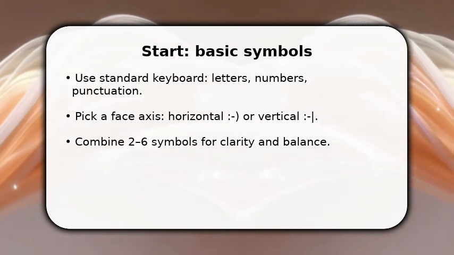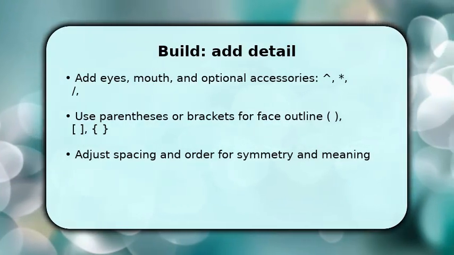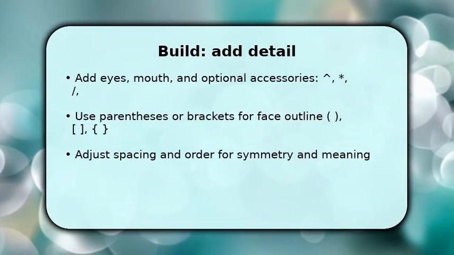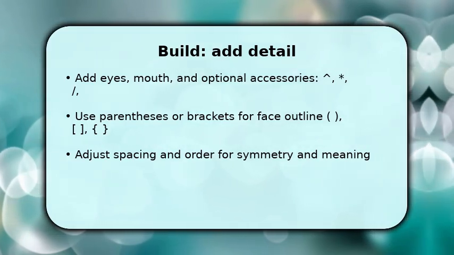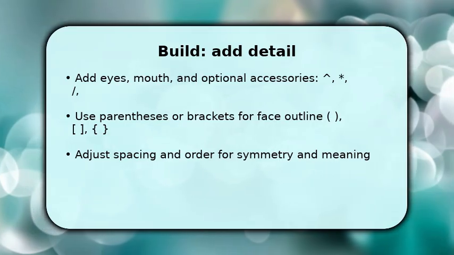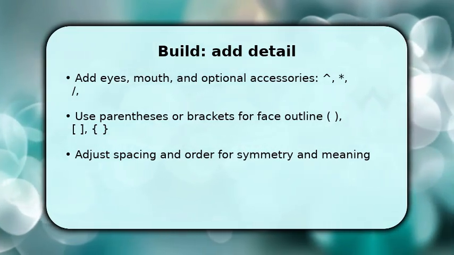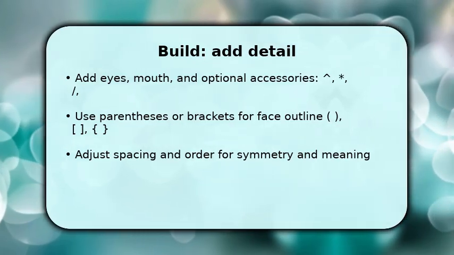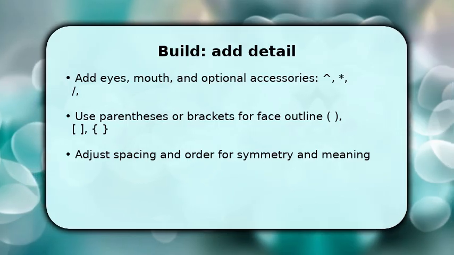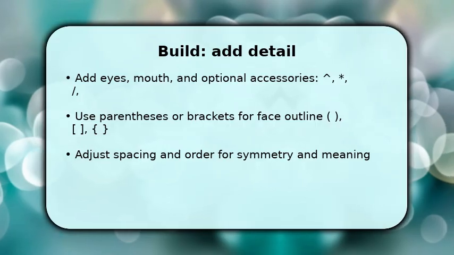You now refine the emoji by adding detail like eye characters or asterisk, and mouths such as or slash. Start with the core face, then layer accessories, hats with, tears with, or slash, so the overall silhouette stays clear. Once done, use parentheses or brackets as outlines to contain the design. This improves legibility in variable fonts. Make sure to preview in the chat or post field because spacing and alignment may need small shifts to preserve